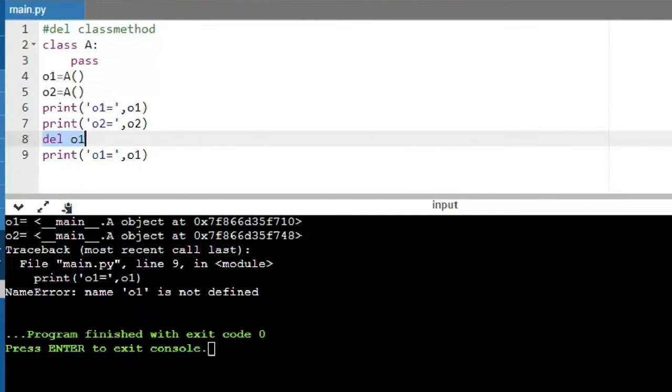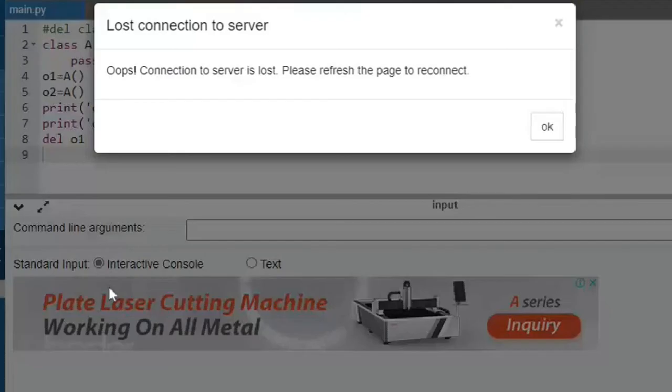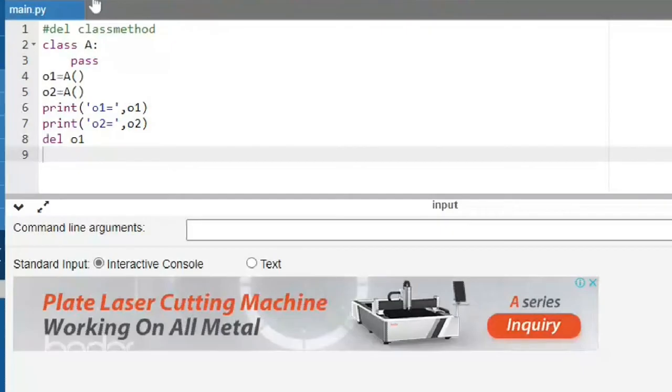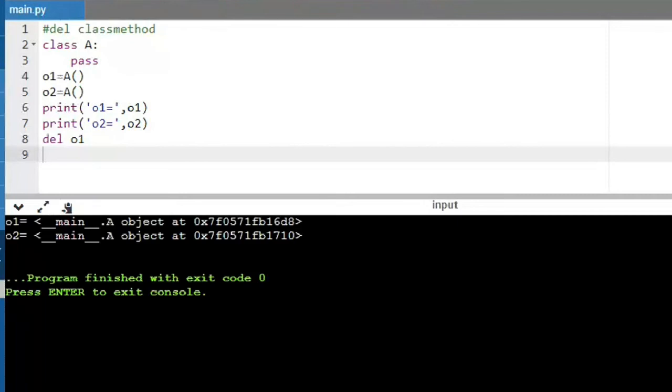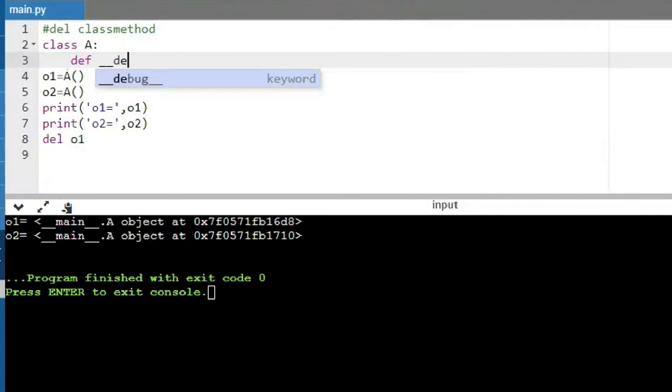Yes, ma'am. Okay, now what is the purpose of this del method inside your class? You can see that you want certain information to be printed. Like in the previous case, when I didn't have this print statement, nothing was visible to me on the screen regarding this del operation. Everything is blank, and sometimes you may want certain description to be printed on the screen, so that it will be useful to you in your application or further development. In that case, what you can do is take that del method, which is underscore underscore del underscore underscore.